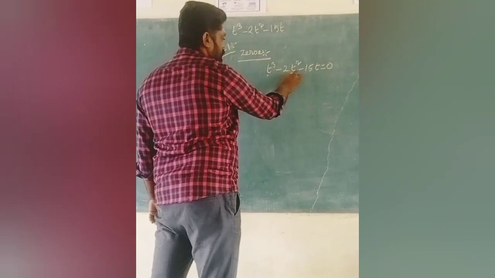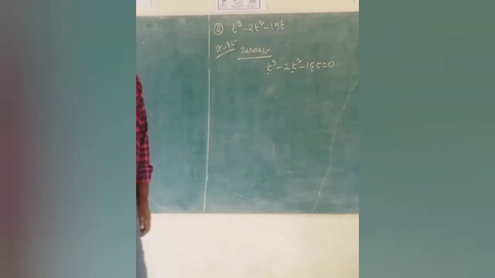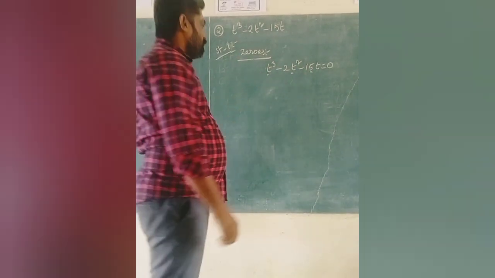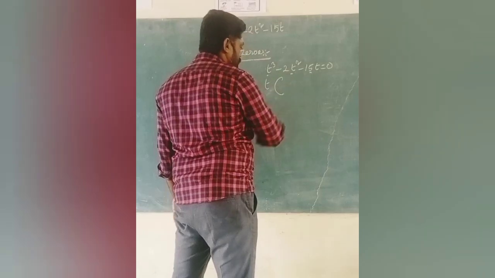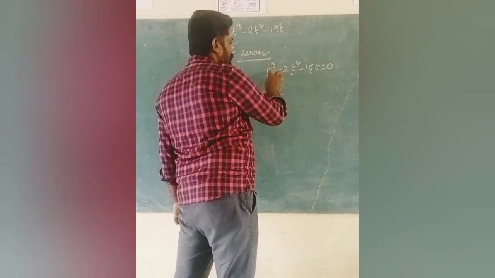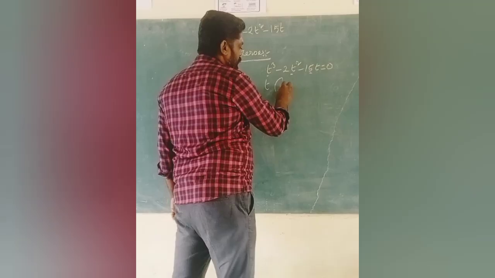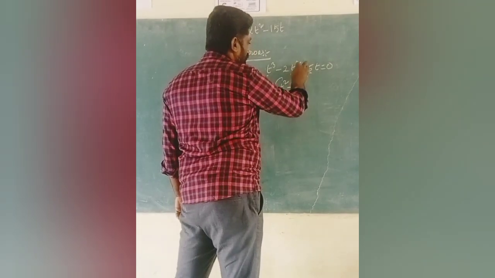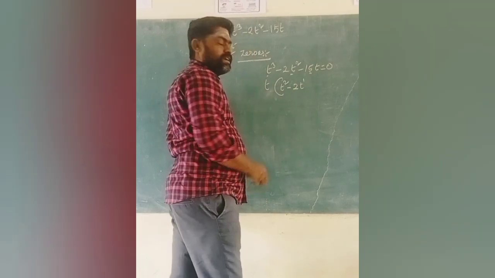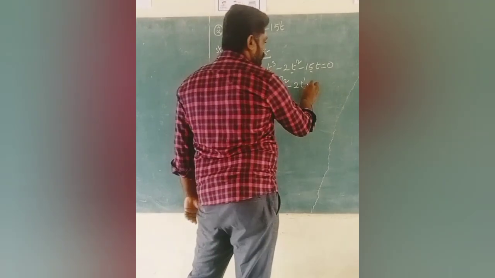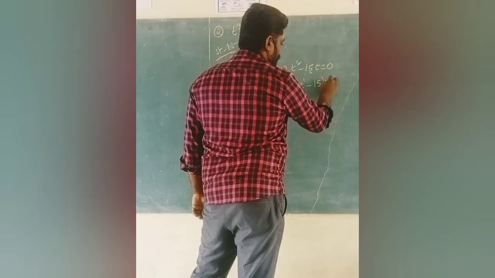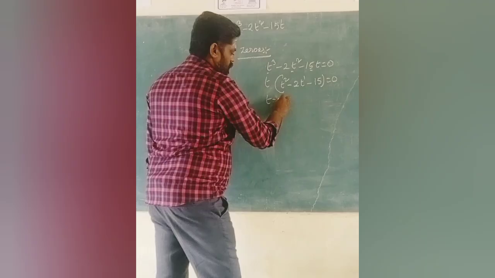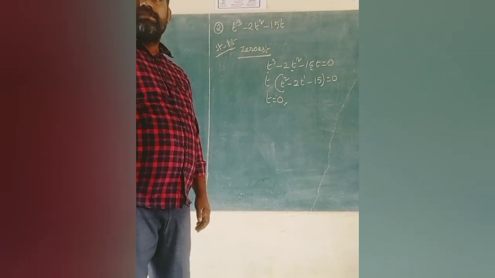Then you know that all the terms have t, isn't it? Each term has t. Then t you can take out as common. If you take out common t, then what is the remainder? First term, the remainder is t squared, isn't it? Then minus 2t, here t power 1, 1 is the remainder because already you have taken t. Then minus 15 only, you will get 0. Then t is equal to 0, the t value is 0.